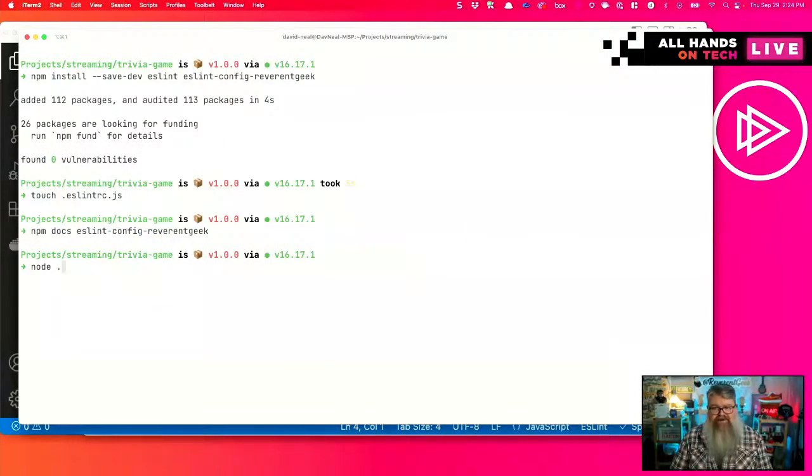Run node and a period, which means it's telling Node.js to execute whatever the default file is in the package.json. And we get hey y'all. So, hello world application right there.